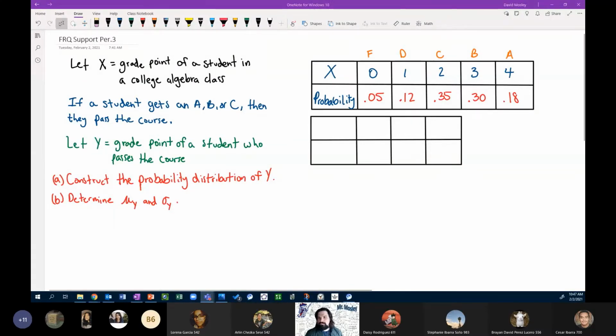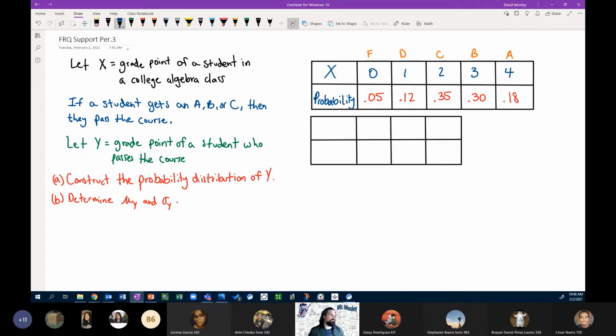Alrighty. So here we are in our example space here. In the problem for the chapter 6 free response questions, it's asking about the fat quarters. You're given the probability distribution of X, which represents the number of defects in one of these pieces of fabric, and it ranges from 0 to 4 or more. I've created a similar type example that is not the same problem, and it's not using the same numbers, but